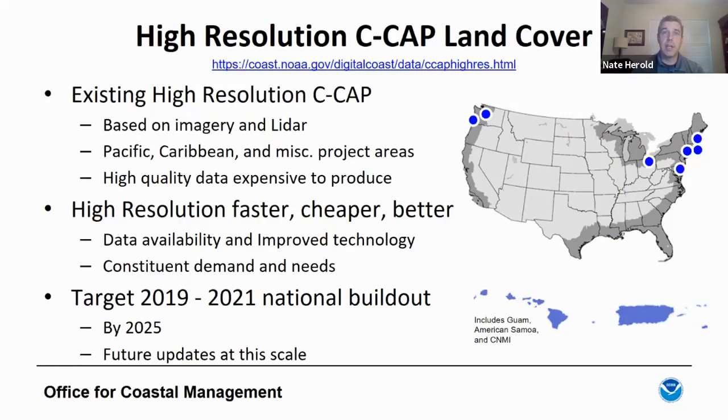You know, we've found that there's a really big difference between producing a product with impressive technology and producing an impressive product. And what NOAA has been working over the last several years to do is set up a system where we feel like we're leveraging those two ends of the spectrum so that we're producing a very high quality product at increasingly more and more reasonable prices. Our goal right now is to target the production of a 2020 era national product for CCAP,